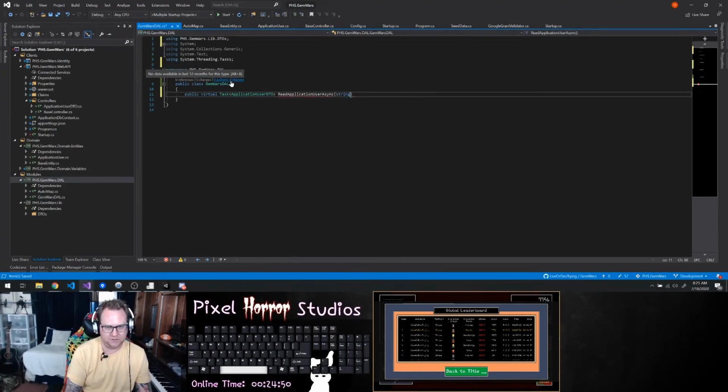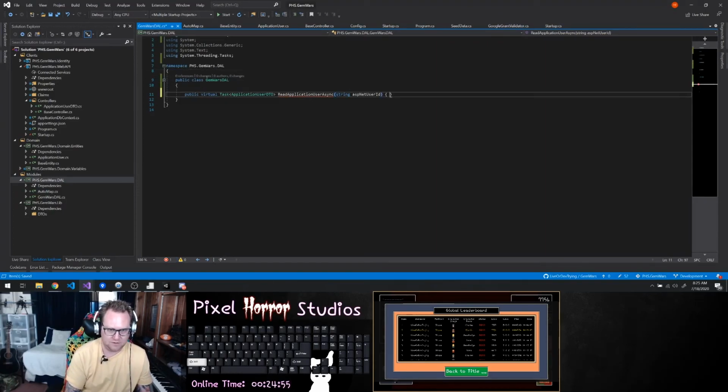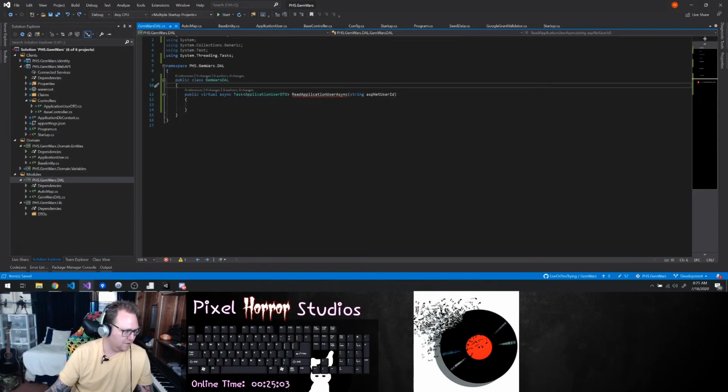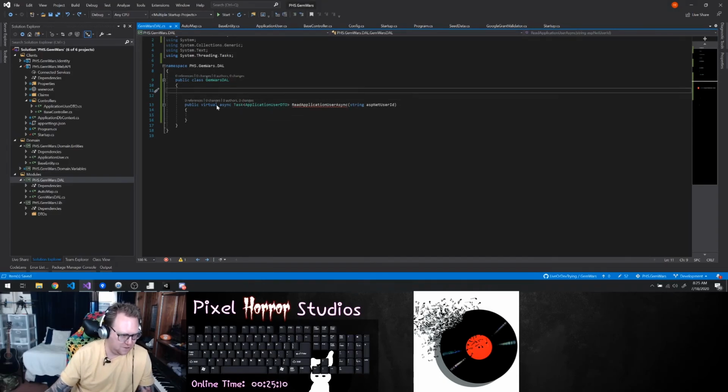And we want to pass in a string for my ASP.NET user ID. Now, when I instantiate this, I want to have a new